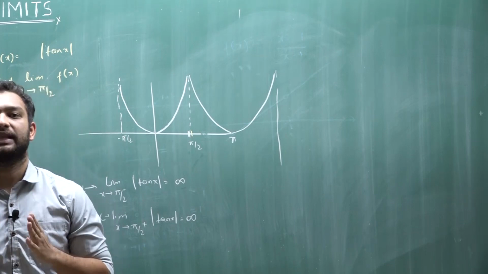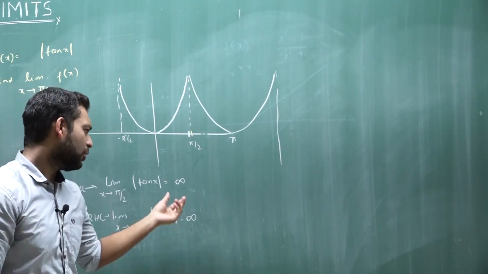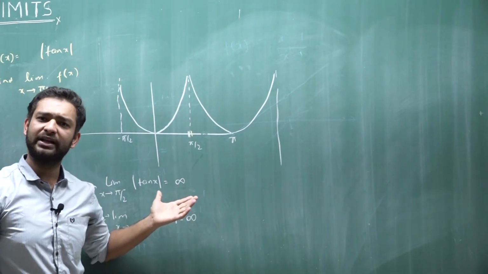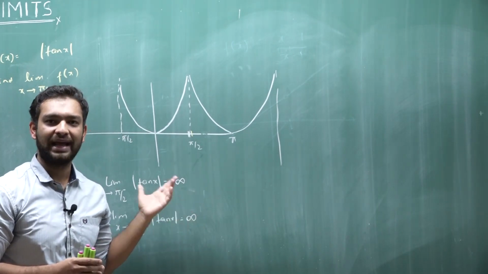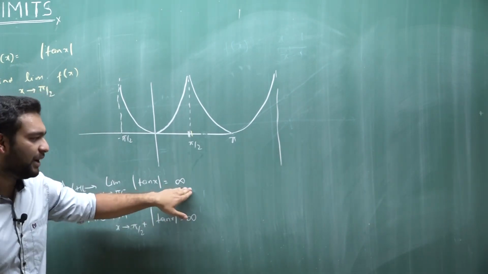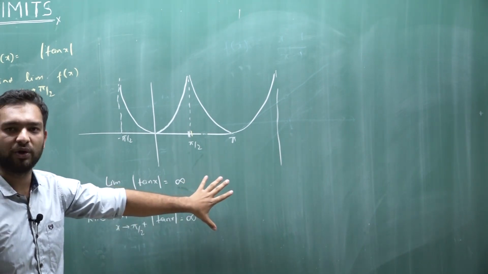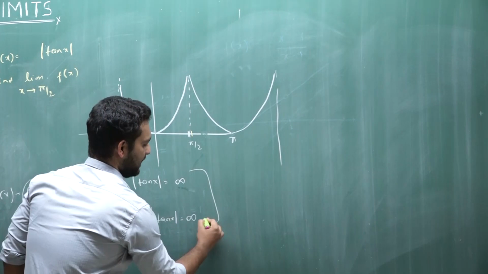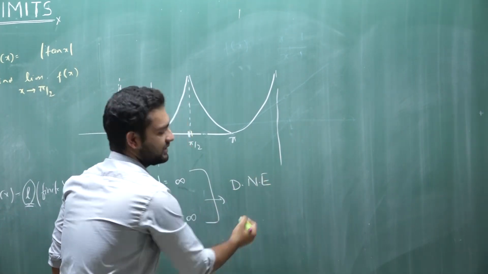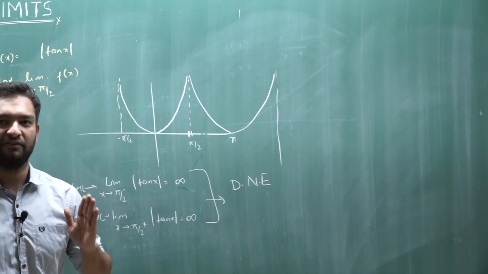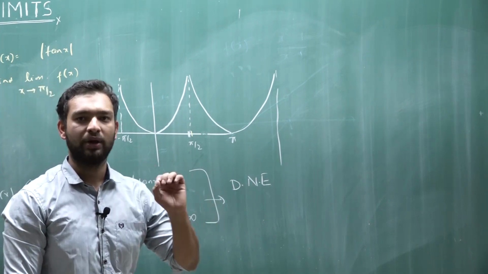But guys, remember one thing, you can never compare two infinite values. We don't know whether they will be equal or not, whether they will be very, very close or not. Hence, whenever your limit from the left hand side or right hand side comes out as infinity, even if both are equal, we will say the limit does not exist. There has to be a finite value of limit for both the left hand limit and the right hand limit for the limit to exist.